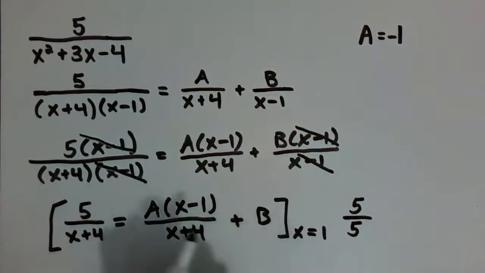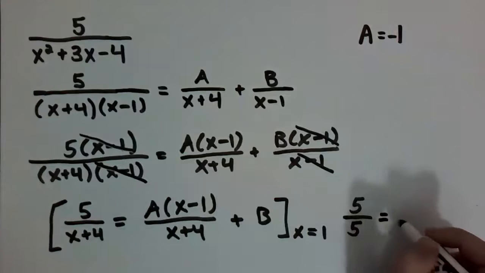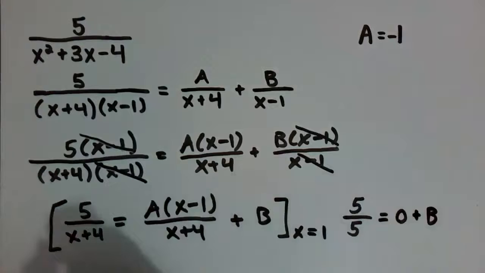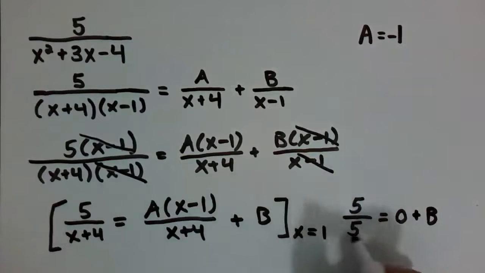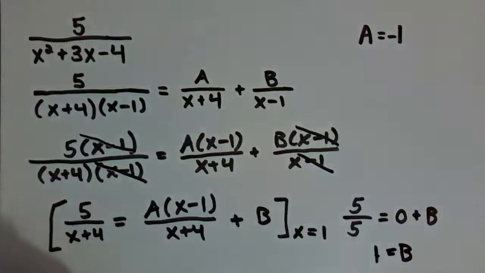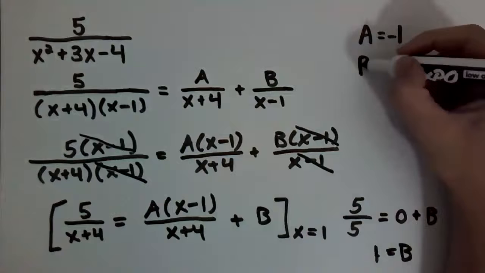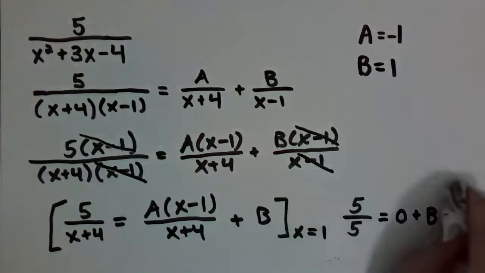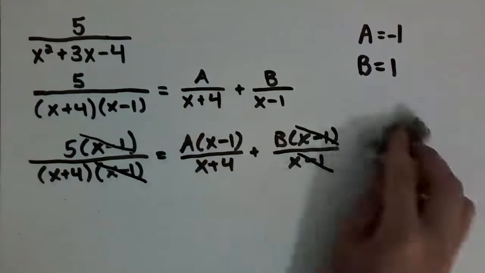And here, when we plug in 1, we'll have 1 minus 1, that's 0. This whole term will go to 0, and then we'll have a plus. Or in other words, 5 over 5 is 1, and 0 plus b is just b. So b equals 1. And just like that, we're done. So not as much work